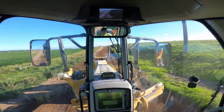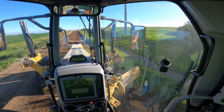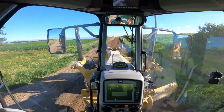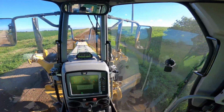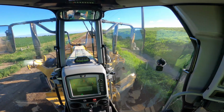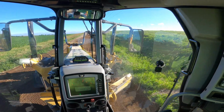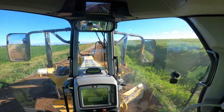So I got this trench kind of filled in now, so what I'm gonna do is I'm gonna take and stick my blade out here, try not to get a ton of grass, but just kind of pull that gravel back in a little bit. I'm hoping there's not too big of a glare on the camera here. Still early enough in the morning. I got the sun coming up to the east and it's kind of glaring. Kind of hard to see a little bit, but